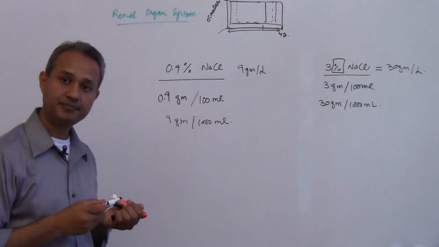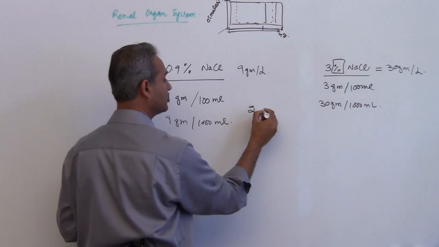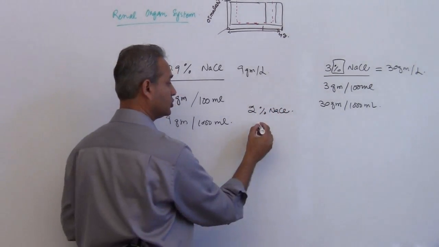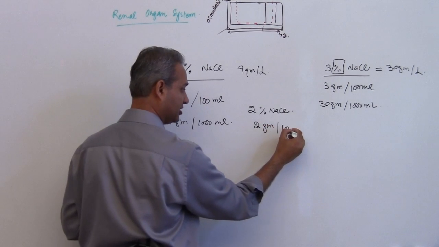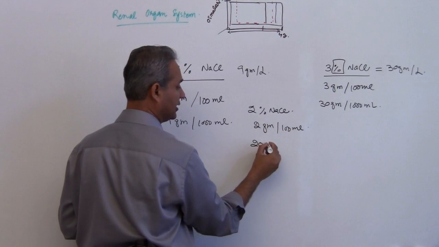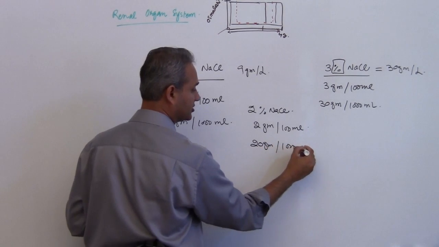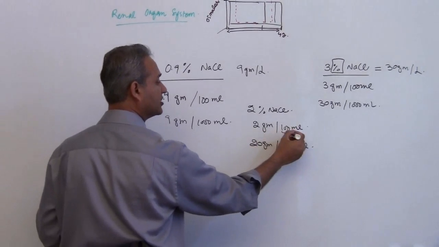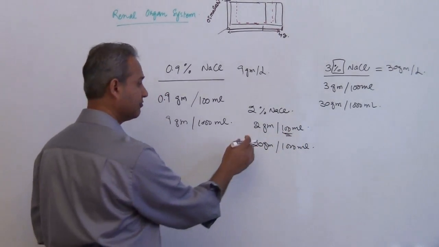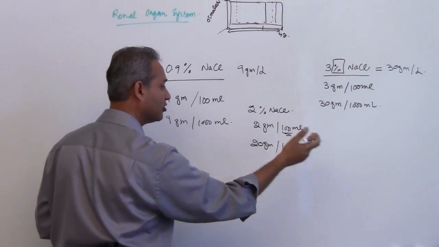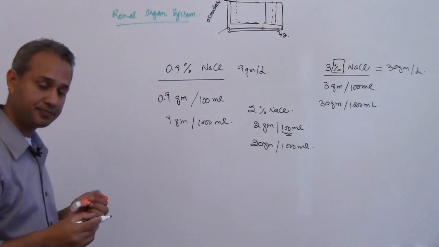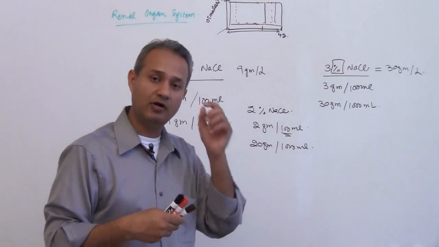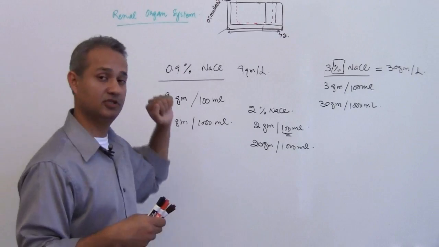Make sense? So if I said 2% sodium chloride, that would mean what? 2 gram per 100 milliliter, and then 20 gram per 1000 milliliters, right? Because there are 10 hundred-milliliters in 1000. So if there is 2 gram per 100, then in 10 hundreds there will be 20. Make sense? So the first thing is, we now know how to understand when we say 0.9% sodium chloride or